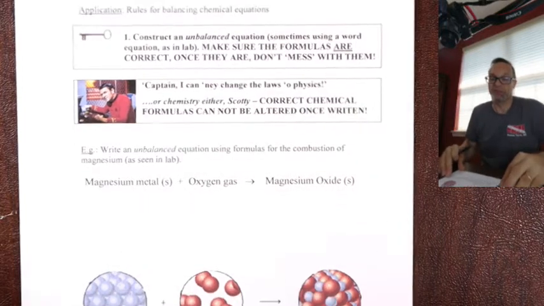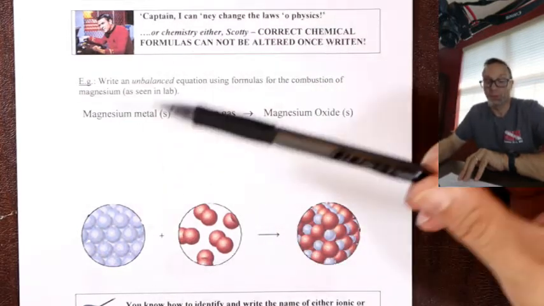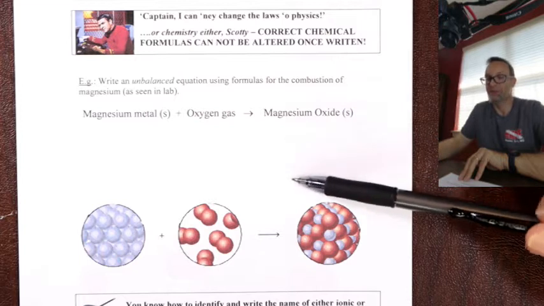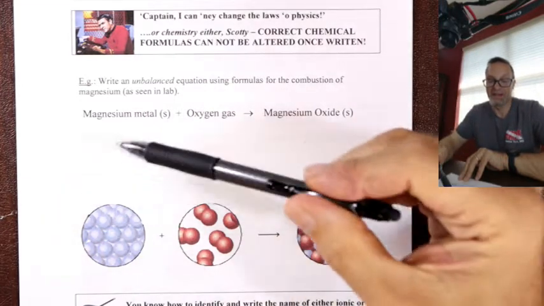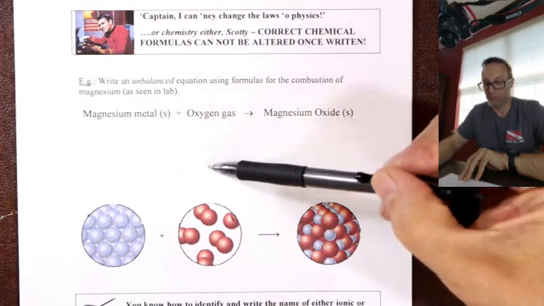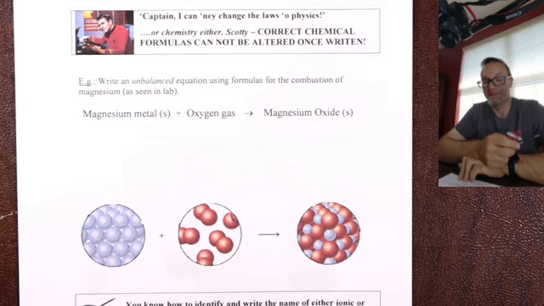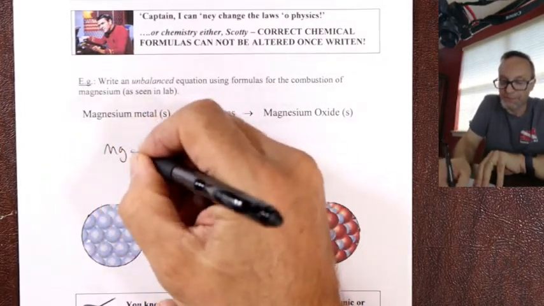So let's see how many of you fall into the trap. What I want you to do is step one, turn names into formulas. Turn names into formulas. Give you a second. Come on back. Names to formulas. Step one. Are you back? All right. So the unbalanced equation is magnesium solid